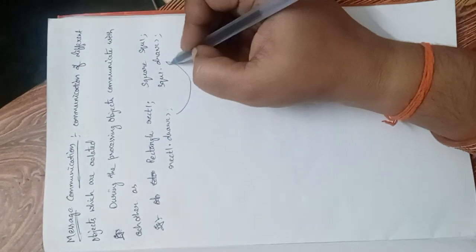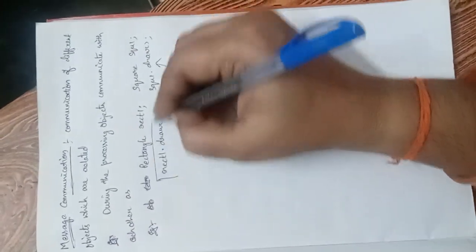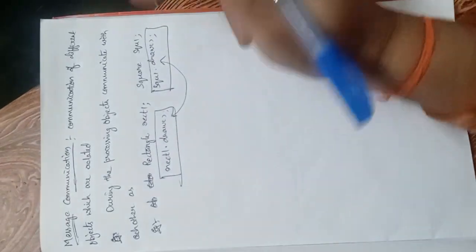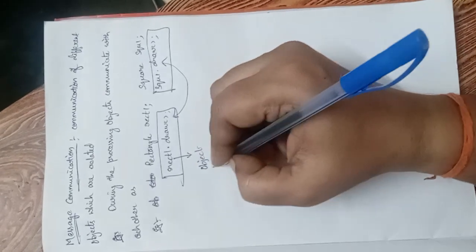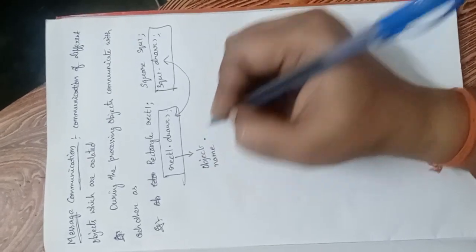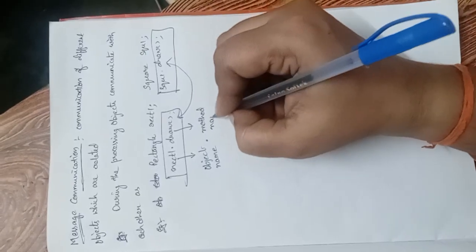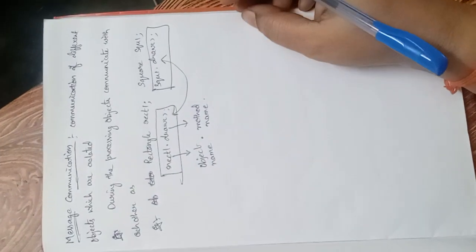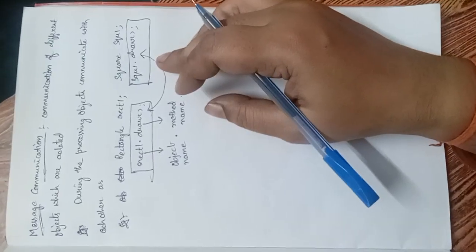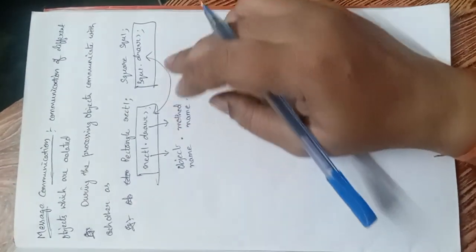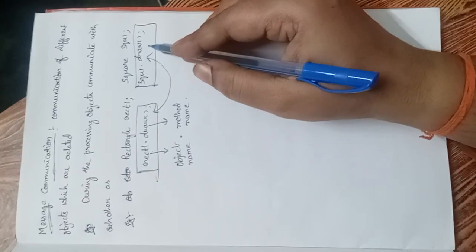And these two, while processing, will communicate with each other in this way. If you specify in this way only, they can communicate. You have to use the object name and a dot and the method name. Understood? In this way they'll communicate. If you specify in this way in your programs, during the processing of that particular program, they communicate with each other based on the object specified and based on the method specified.